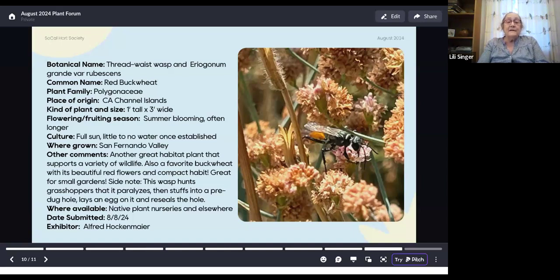So this plant is wonderful. Give it a little shade if you're inland, full sun if you're along the coast. And I've seen them even in full sun inland, but a little tiny bit of afternoon shade would be good. And do we have any more,